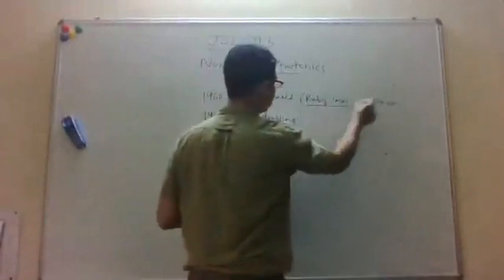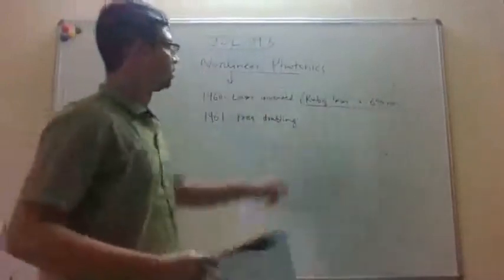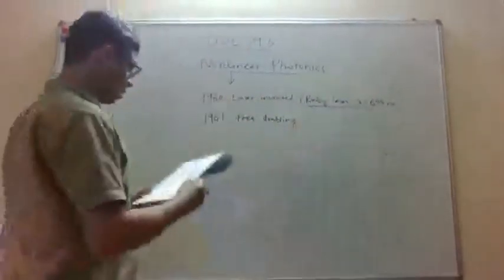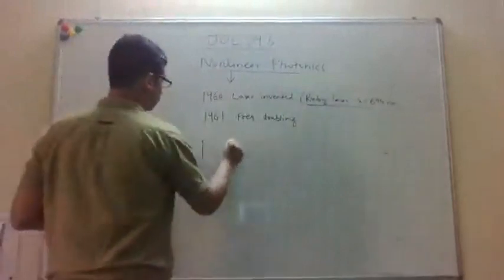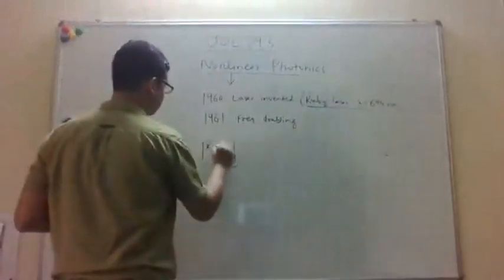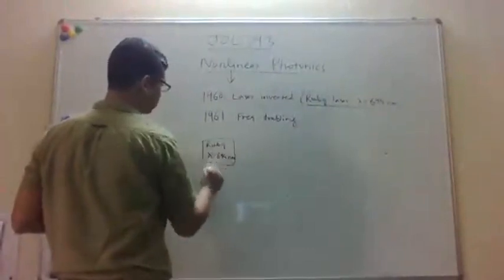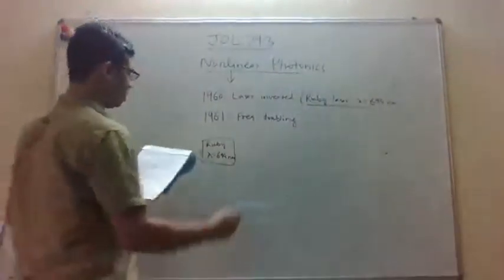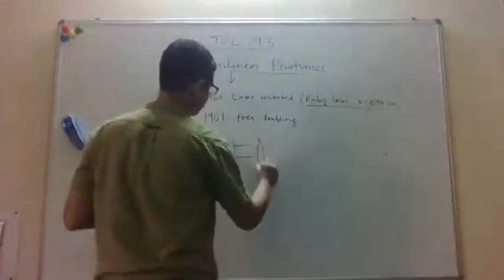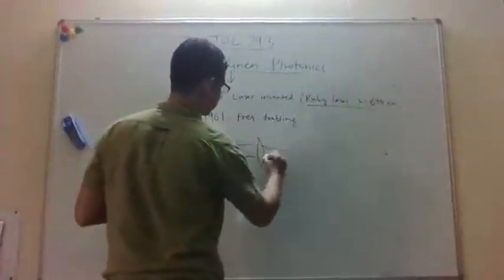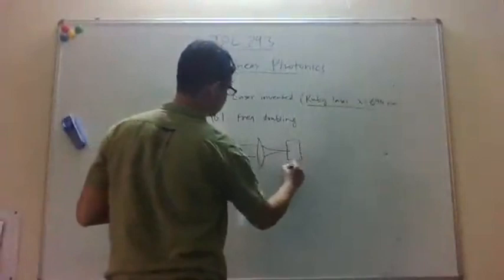The only laser available was this ruby laser, which emitted at 694 nanometers. And what they did was they took this laser and then focused it to a tiny spot inside